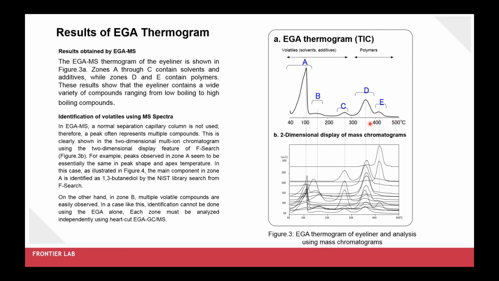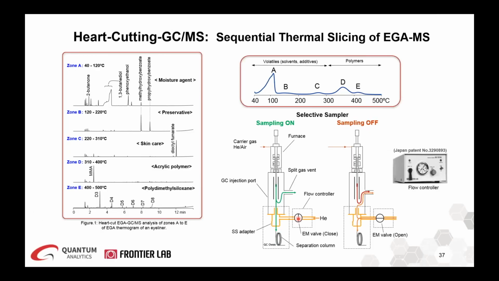So in this case, we can take the EGA and do extracted ion chromatograms, and that's what we have down here. We're able to see that we have maybe 1, 2, you can see here 3, 4, you can pick out 5 different zones by temperature if you look at it vertically. And that's what we do then to pick out the temperature zones that we're going to then use to look at in more detail later. And so what we then do is we cryotrap sequentially,